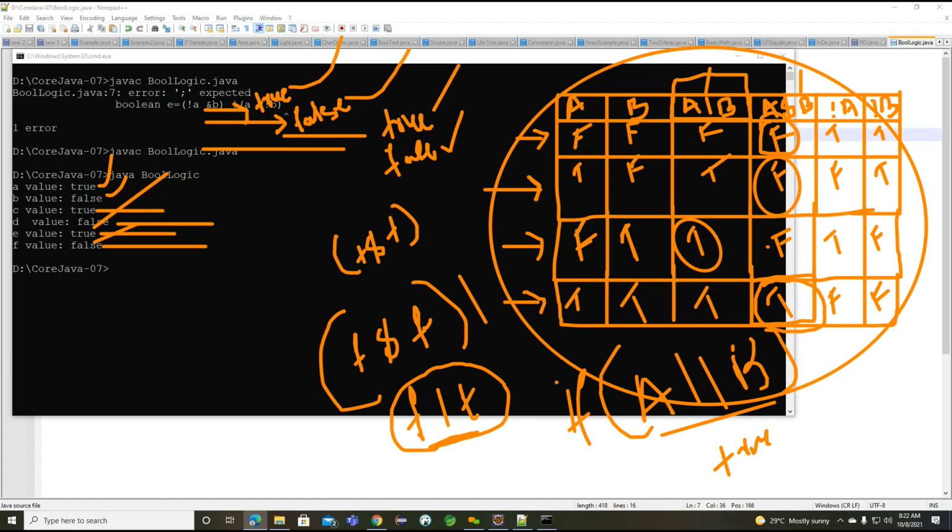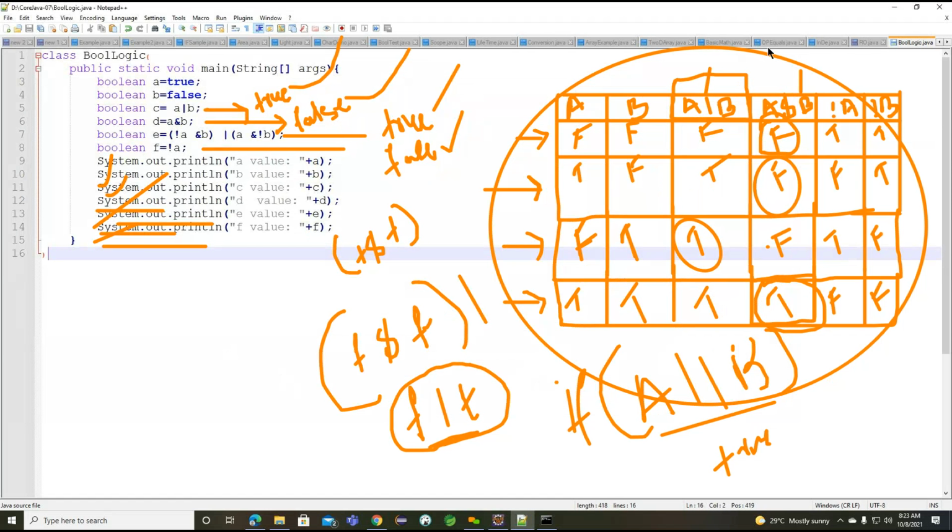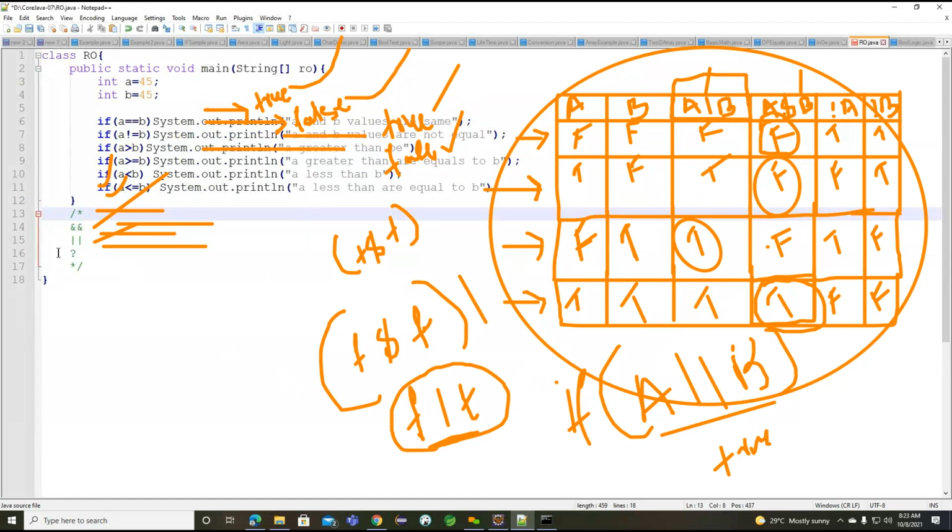Getting the point. Now once we are familiar with these Boolean logic operators, we need to understand the assignment operator. So what is the assignment operator we have here? We already identified something like a ternary operator, where we defined something right here. So this particular ternary operator we need to discuss, and how it is going to work.